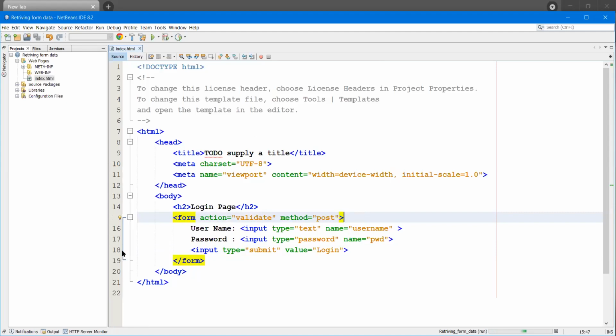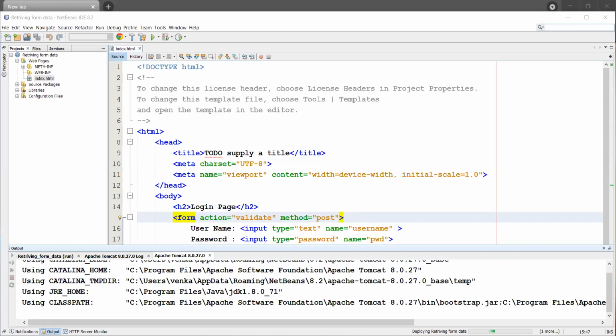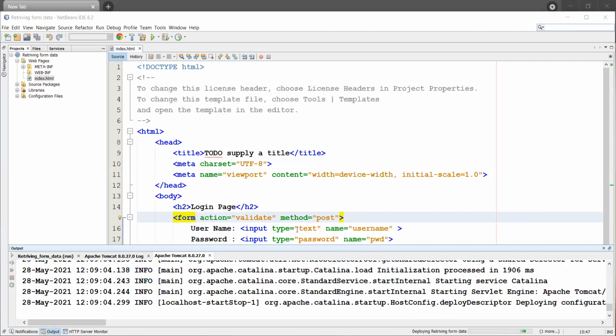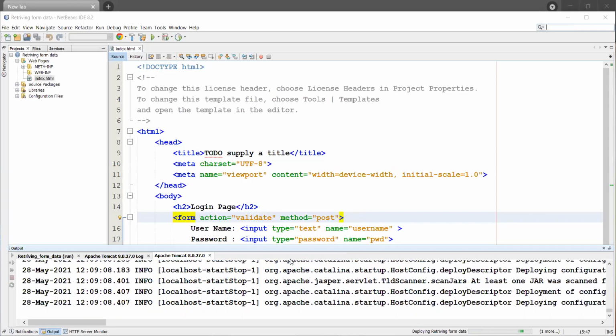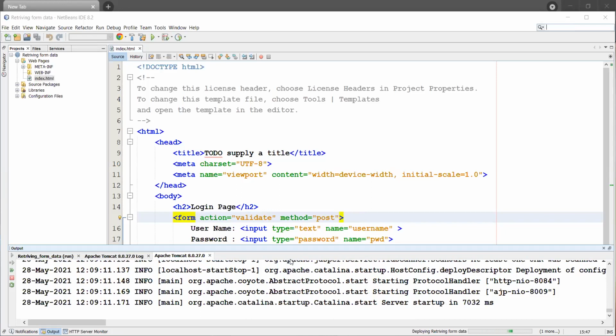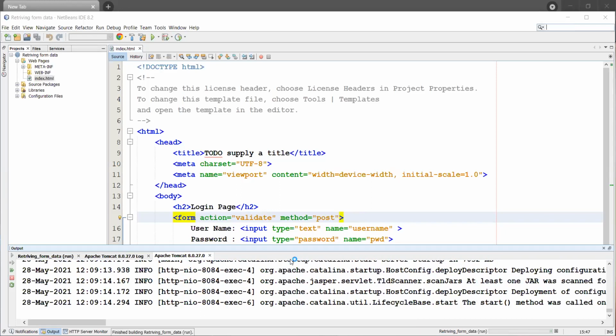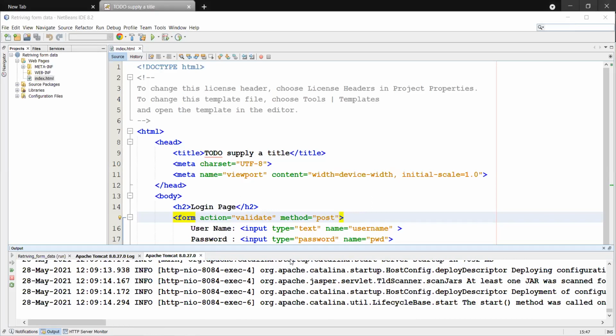The first time it will take some time, and the next time it will take very little time to start the application. Why? Because it needs to do some deployment.